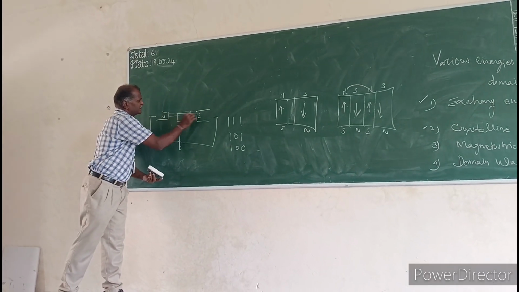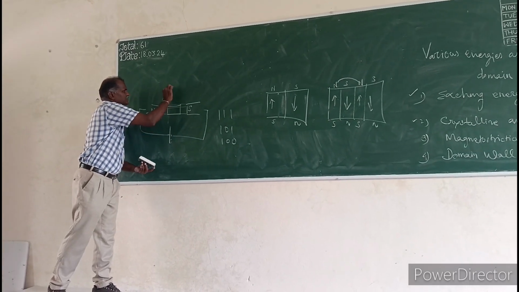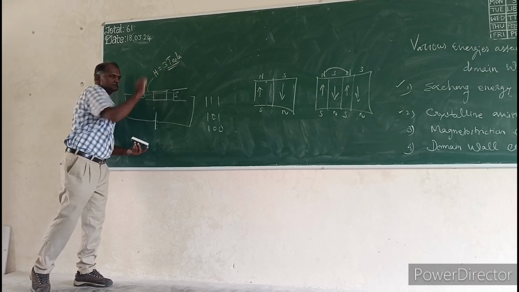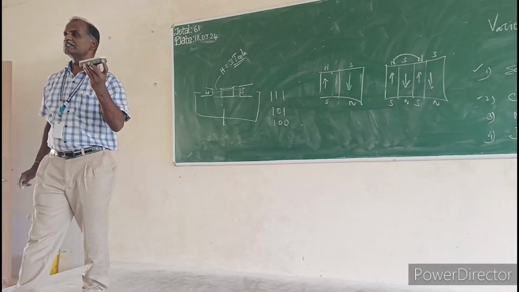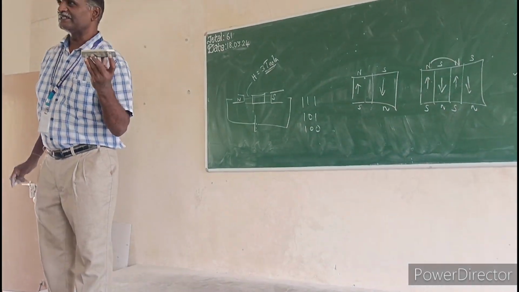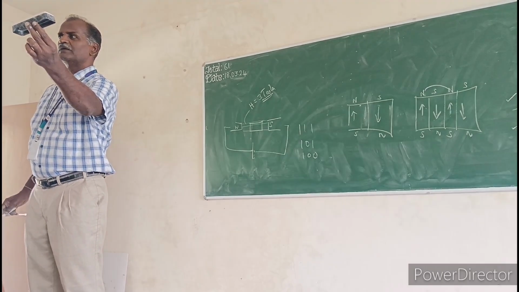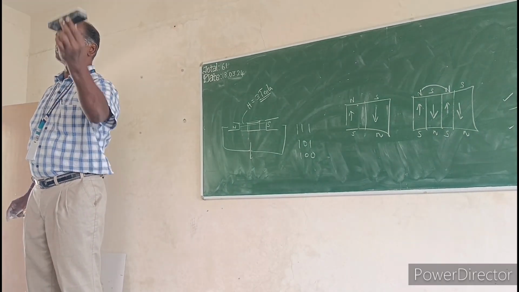The produced magnetic field is 3 Tesla. So 3 Tesla is the magnetizing field needed to magnetize the given specimen to its maximum value